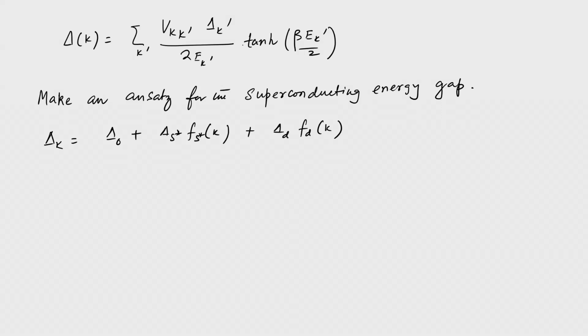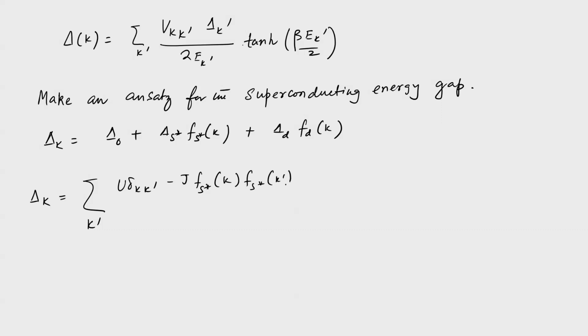So, these are the basis functions in the K space for these representations, and each one is actually orthogonal to the other, which can let us write that delta k is equal to a sum over k prime u delta k k prime minus j of f s star k f s star k prime minus j f d k f d k k prime, and then multiplied by the delta 0 plus the delta s star f s star k